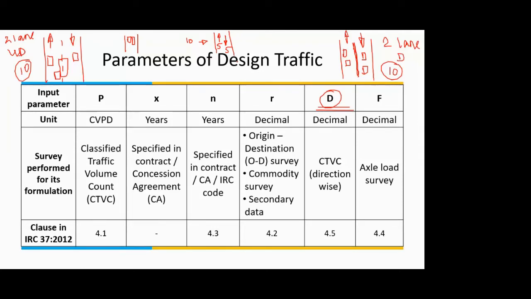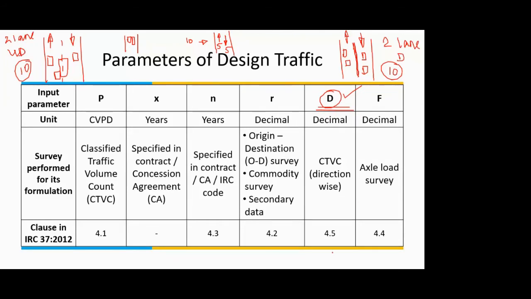Okay. So you need to keep a check that suppose if it's a 4-lane road and you have 1,000 vehicles, or if you have a 2-lane road and you have 1,000 vehicles, there will be a difference in utilization of the road space, and that difference is going to directly affect the use of that road, and basically it is going to affect your pavement design. Okay. So to consider that variation, we have this factor D, capital D, that is lane distribution factor.